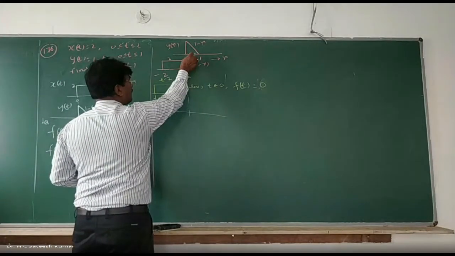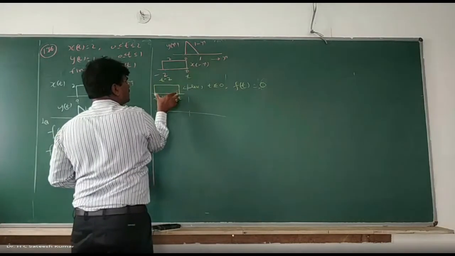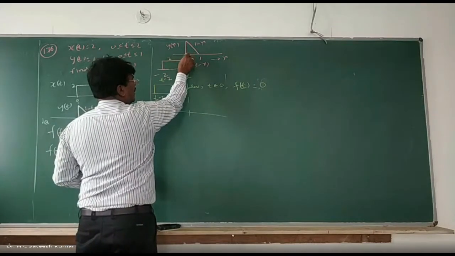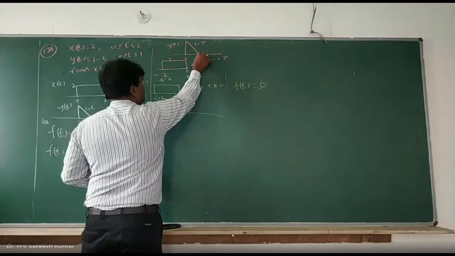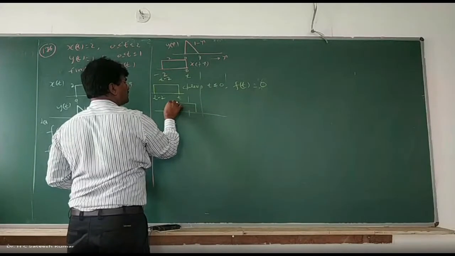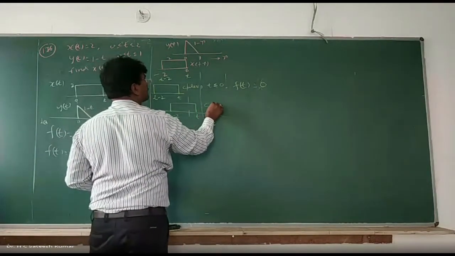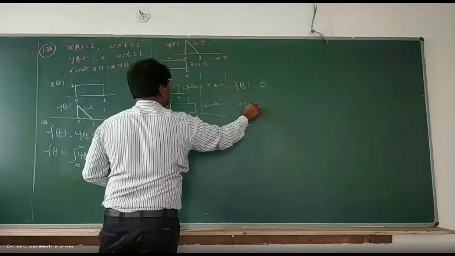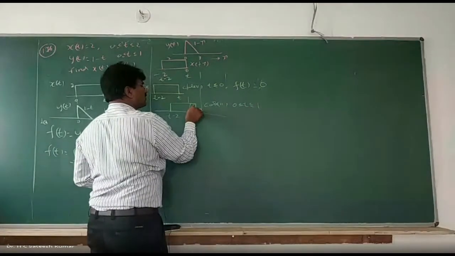Now the width of this one is 1, and the width of this one is 2. Now you start overlapping the signal. Up till only 1 unit, it is increasing. So therefore, we go with this. Now it is like this. Up to this point only, it is increasing. This is t minus 2. Case 2. Case 2 is what? As long as t lies between 0 to 1, area goes on increasing.